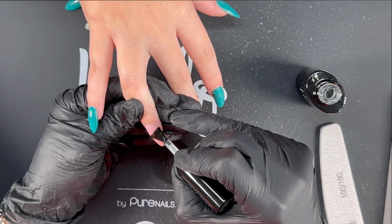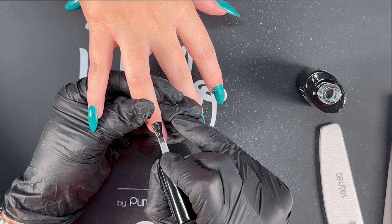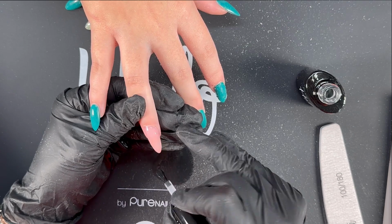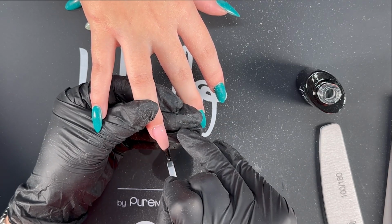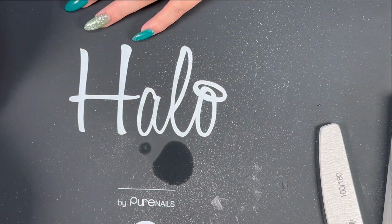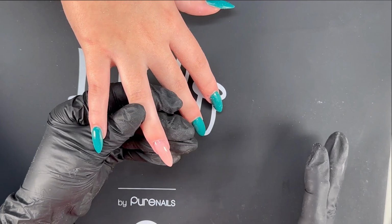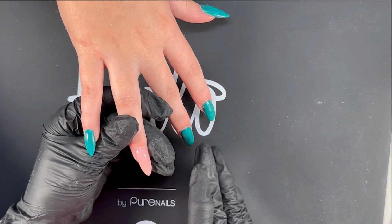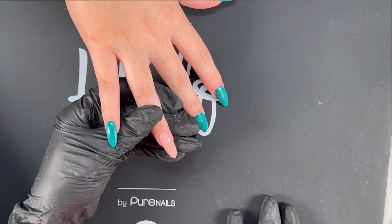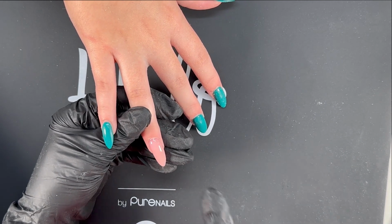So nice, good, even coverage. Bounce up to the cuticle. And then once you're happy with that, pop it in the lamp for 30 seconds. So Erin's nail is now infill, so I'm going to do the rest of them. We've also put a base coat on, so this nail is now ready for colour or nail art or whatever we're going to do. So I'm going to finish this video here, and then I'm going to do another video